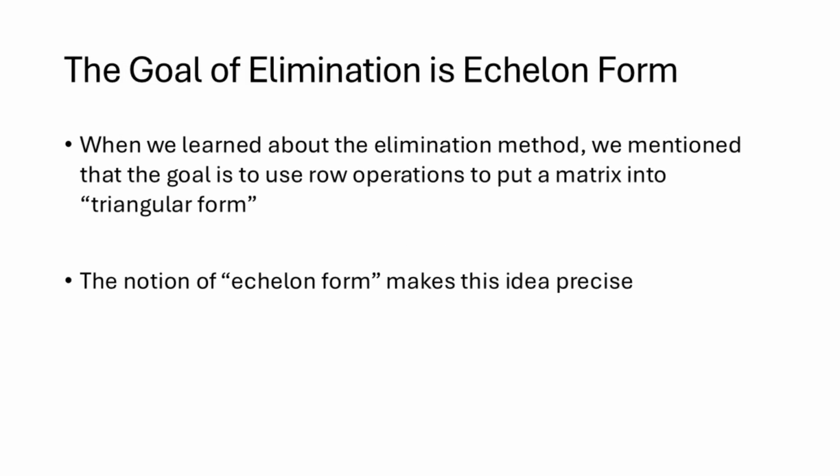So when we learned about the elimination method in the previous lecture, we mentioned that the goal is to use row operations to put a matrix into triangular form. What that meant was we want to have a system where we only have x1 appearing in the first equation and not appearing in any of the other equations. And we want x2 appearing in the first two equations and not in the remaining equations, etc. So this is going to give us a pattern where we have numbers going down to the right with zeros below them. We want to make that idea precise in this lecture,